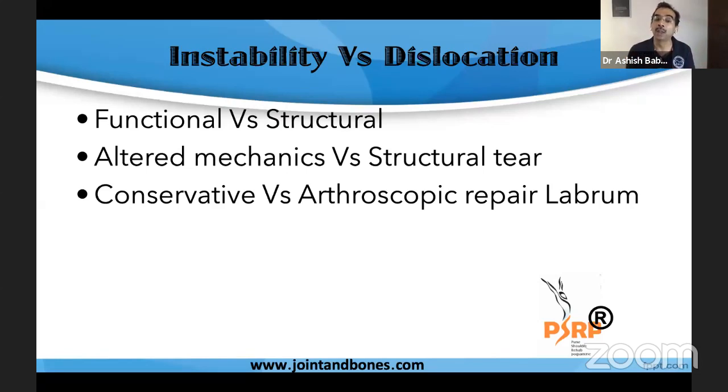If you have a labrum tear, if you have anterior glenoid loss, I can understand this is a surgical problem and that has to be restored surgically more often than not. But there are enough patients who have a mismatch in functional performance, such as the infra is terribly weak, the subscap is pulling the head out, and that mismatch, if corrected, can restore the stability in a patient without